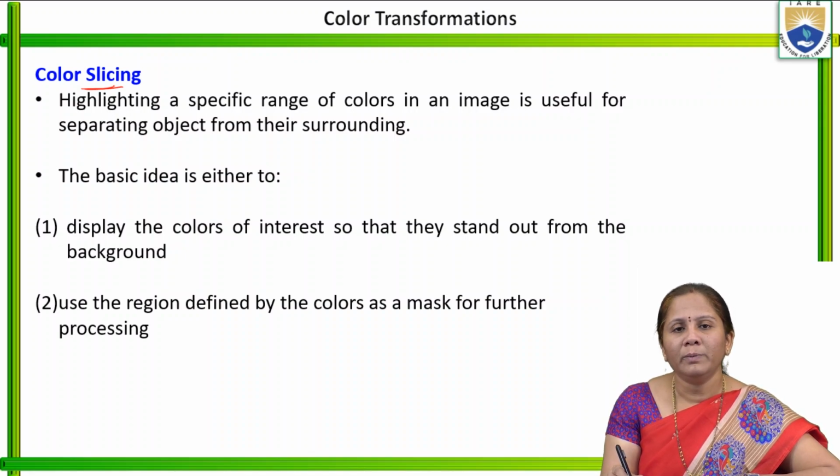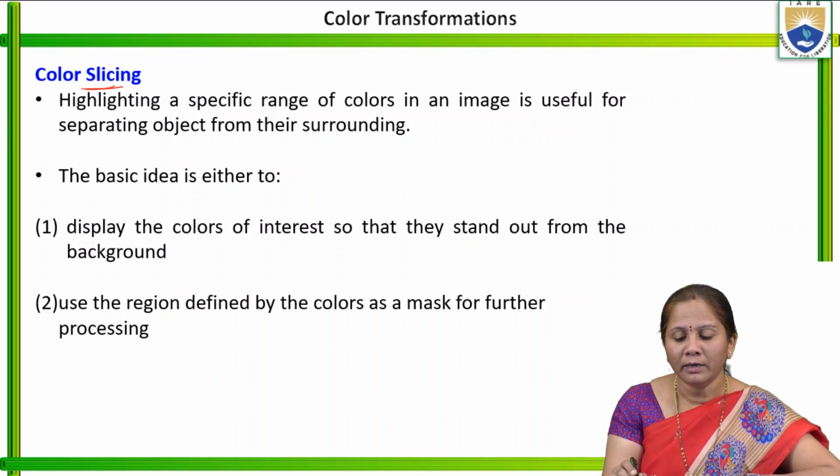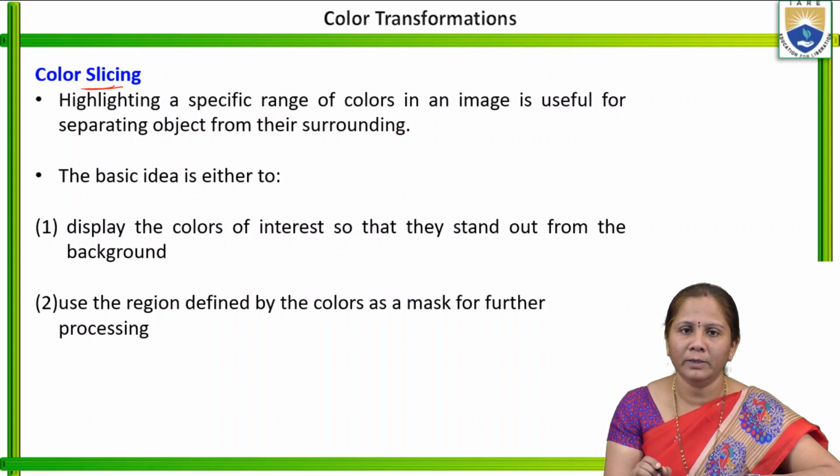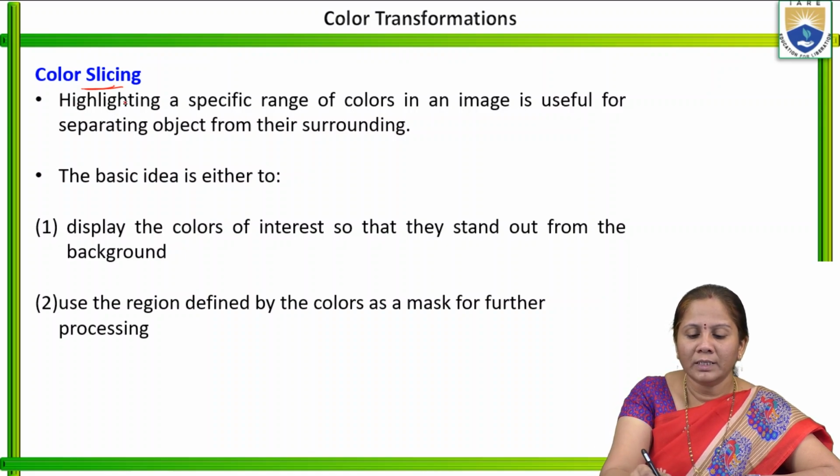What is meant by color slicing is, here we are not going to take the entire image. We are going to consider only certain regions of the image. That means we are going to highlight only certain regions of an image. The image we have considered is the same image, that is the strawberries present in the bowl and the coffee that is present in the mug. Same image only.